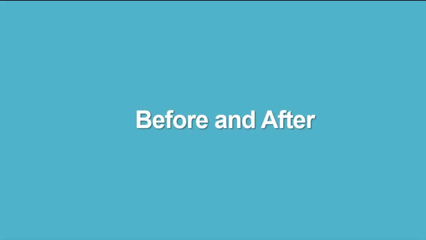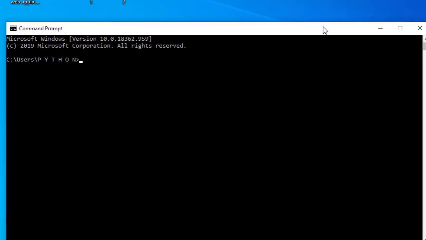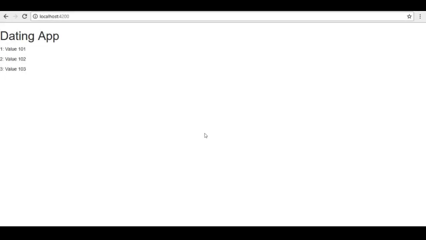As with any module in this course, we will look at before and after so we can see what we're actually working towards. Now, in this particular section, it's not going to blow your socks off. Our goal for this section is purely to display data on a page from the database. So we will take a look at the before and after anyway. So this is before: absolutely nothing, just an empty command prompt window. And this is where we are starting. And by the end of this section, this is where we are going to get.